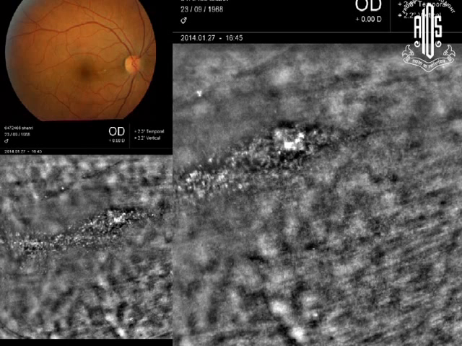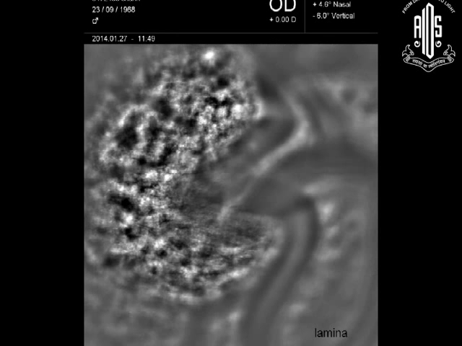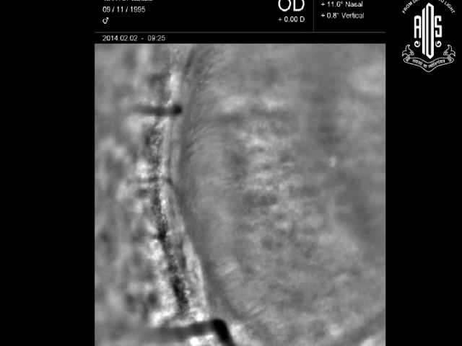So this is the RNFL and this is the blood vessel which is showing the perivascular infiltration in a patient with Behçet's. But when you focus it back, you see the photoreceptors are not affected in the region which is below the vasculitis, because his vision is 6/6 and it is not affected. Very good for studying the optic nerve head. They have algorithms to measure the dark areas and the white areas, and you can do a lot in glaucoma.